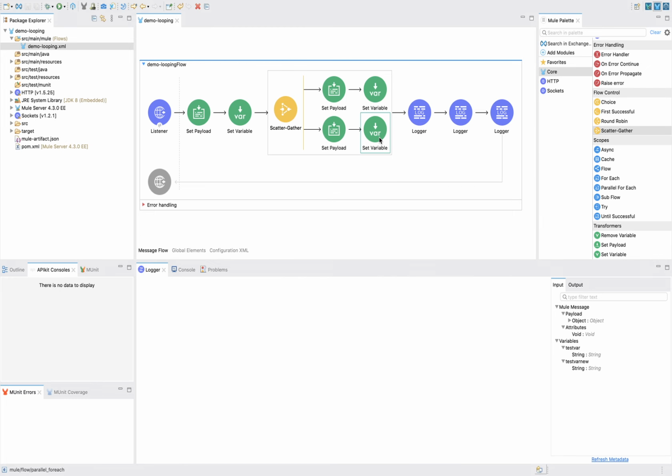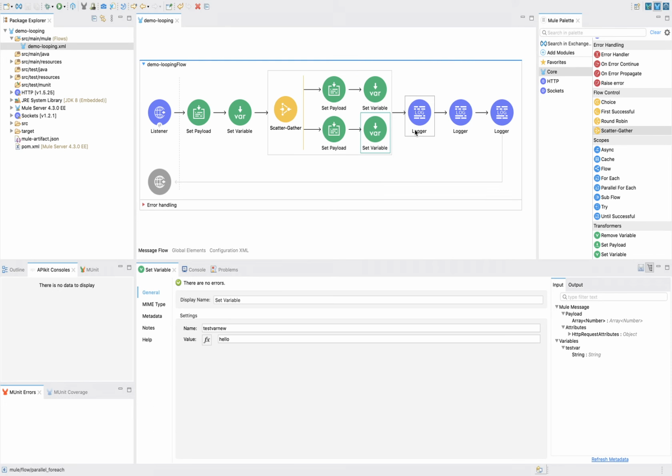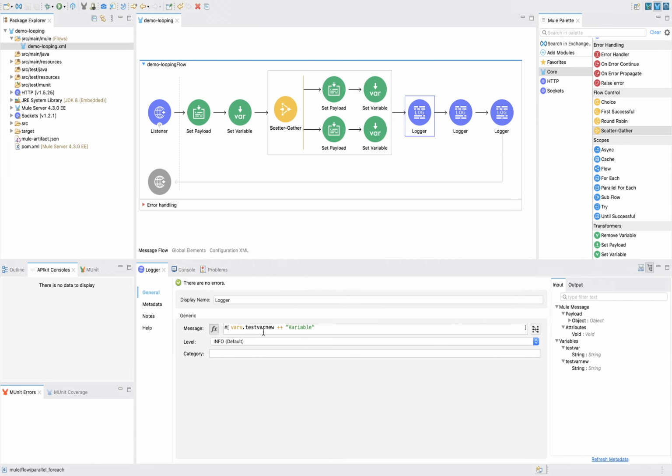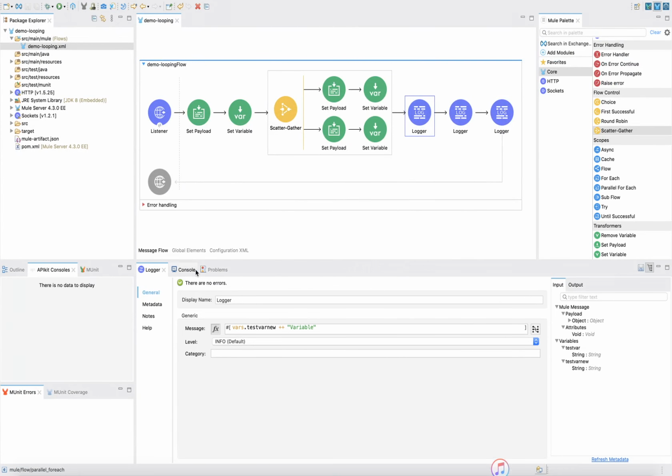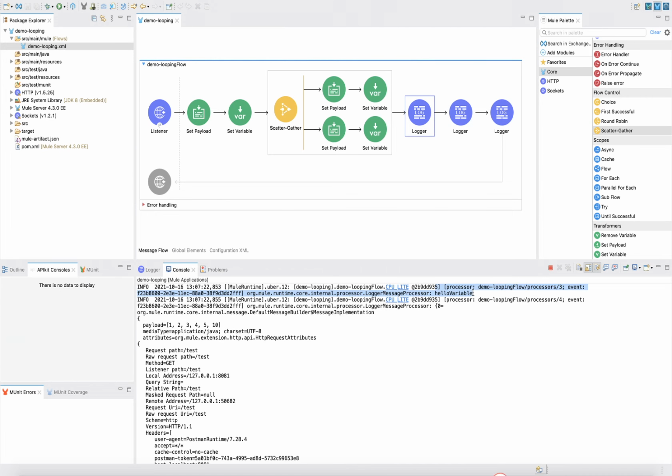Test where new. Okay, so fine, we are getting the value of this variable. It means whatever second variable we created in any branch, that variable will exist, so we will be able to access that variable.